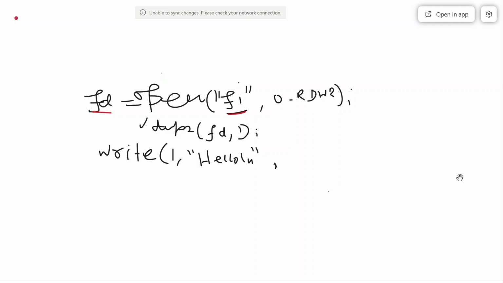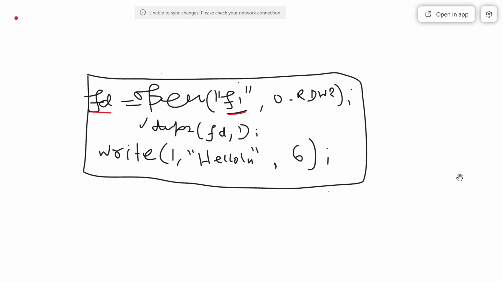Let's say 6. Now these are the 3 lines of code that I have written. What will be the outcome of this program? Can anyone explain where this hello will be printed?